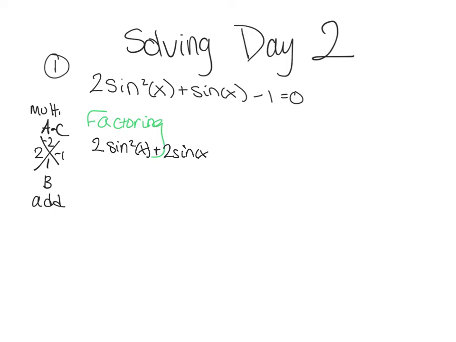So now what our equation is going to look like is 2 times sine squared x plus 2 sine of x, and then you're going to see what I'm doing in a second, plus a negative sine of x minus 1 is equal to 0. And the reason I'm doing the plus the negative sine of x is because when you are doing factoring by grouping, you need to have